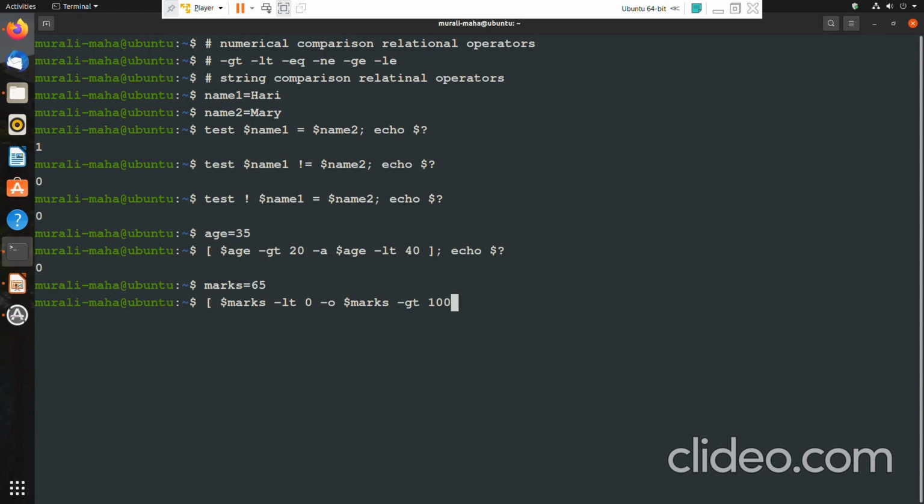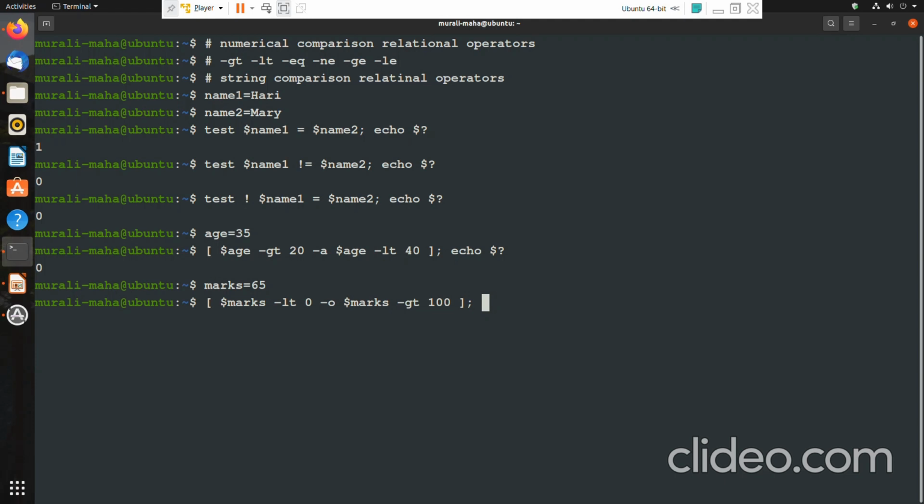That is an invalid marks, which is very logical. There cannot be any negative marks, -1, -2, -3. That is not valid. And 101, 102, 103 are not valid either. It should be between 0 and 100. So if the marks is either less than 0 or greater than 100, this is an OR operator. If one of them is true, the entire expression is evaluated to true.